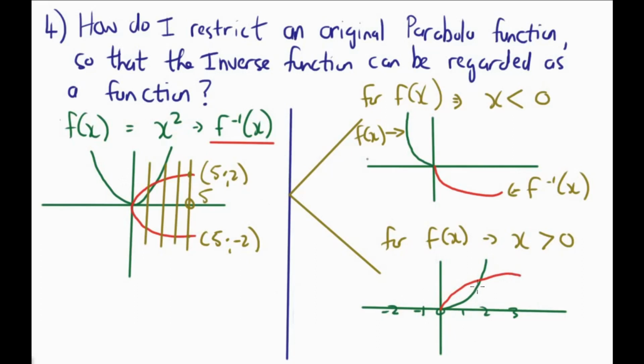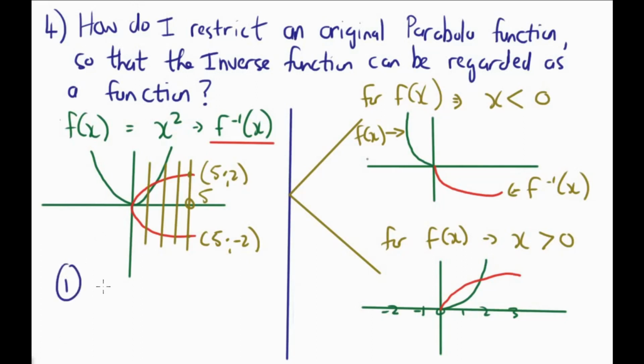So once again, f⁻¹(x), the red, is now a function. Why? Because I've restricted f(x). So all I need to do is, if I want to make f⁻¹(x), not f'(x), sorry guys, f⁻¹(x), which is the inverse, a function, it means I need to find, there's two steps to follow, okay? There's two steps to follow. So step one